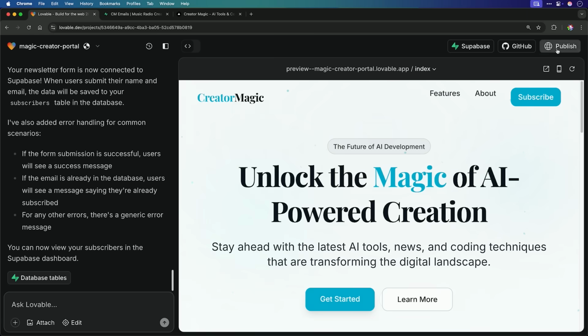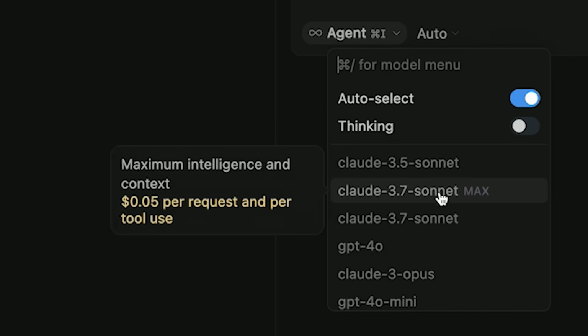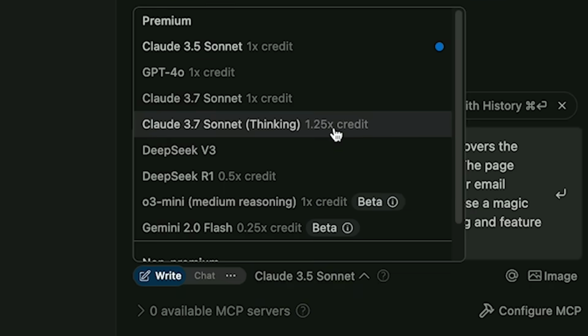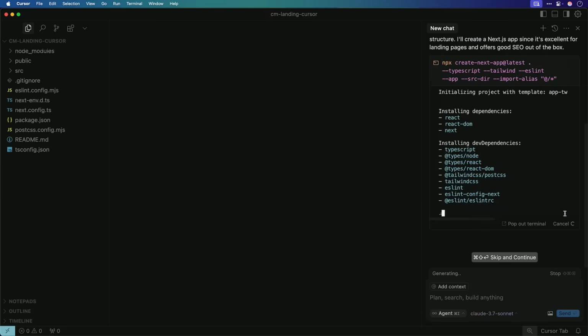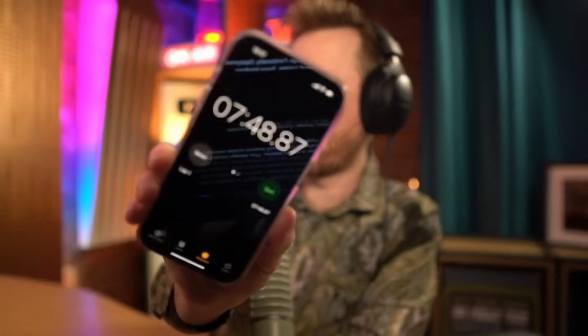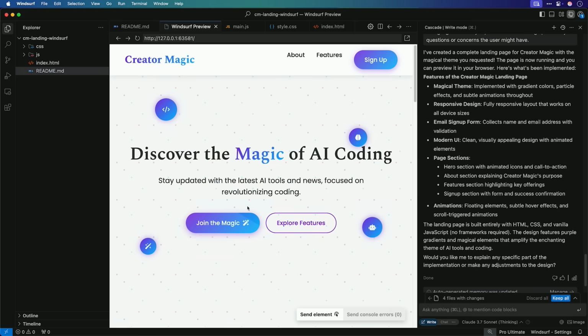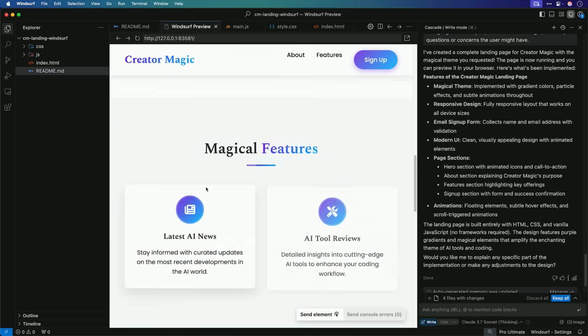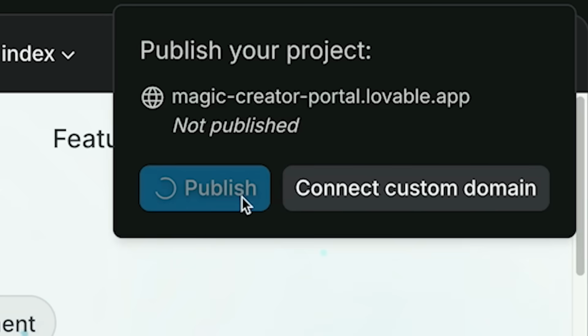Hello, I'm Mike. In this video, I'm going to look at creating a landing page using the top 3 AI no-code tools. I want to find out how quick it is, so the speed of these tools, the ease of using them, also the design capability, how good does the landing page look, and the functionality as well. Does the landing page actually work? And most importantly, deployment, because there's no point in creating something amazing and beautiful if you can't get it out